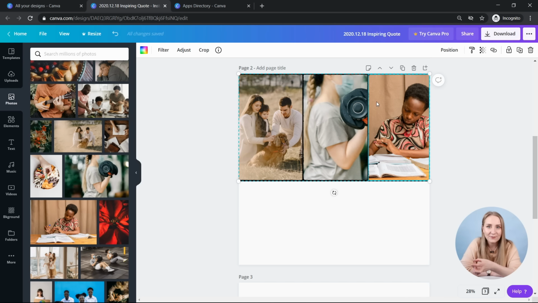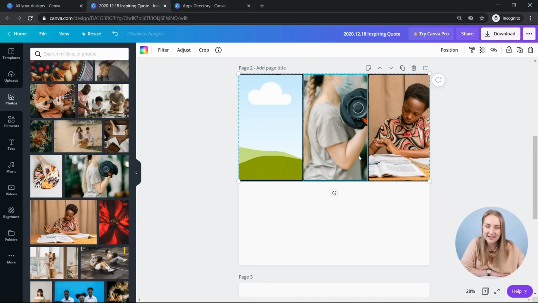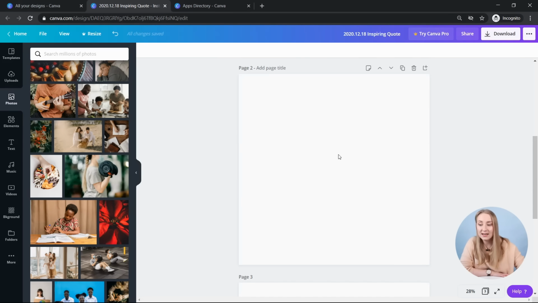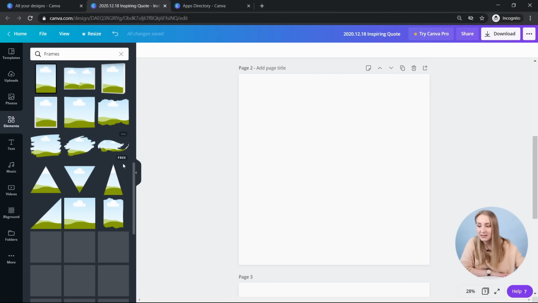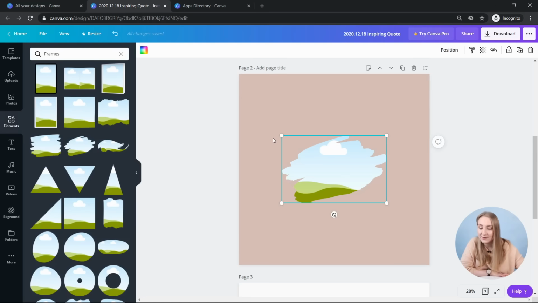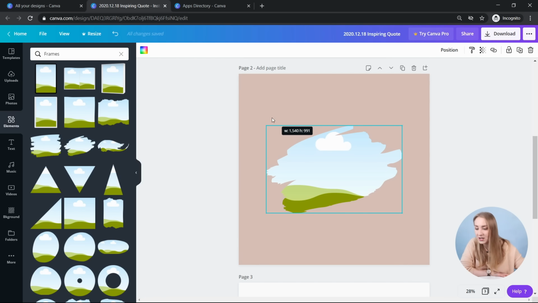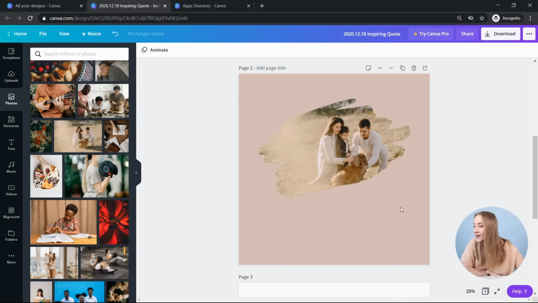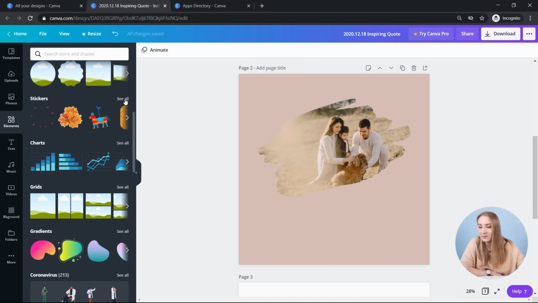Yeah, so you can use that, for example, to get your followers engaged, add a little quote at the bottom, or let them choose and they can just vote in the comments which way of spending time they prefer. So again, a really cool feature from Canva. You can just delete the photos like this, or you can delete the whole frame like that. There are so many different options, really. You can change the background in here. I'll explain that later on. Yeah, so let's say I've got this in here. I've just moved it. You can have that and a cute quote in here. Yeah, so these are the frames.